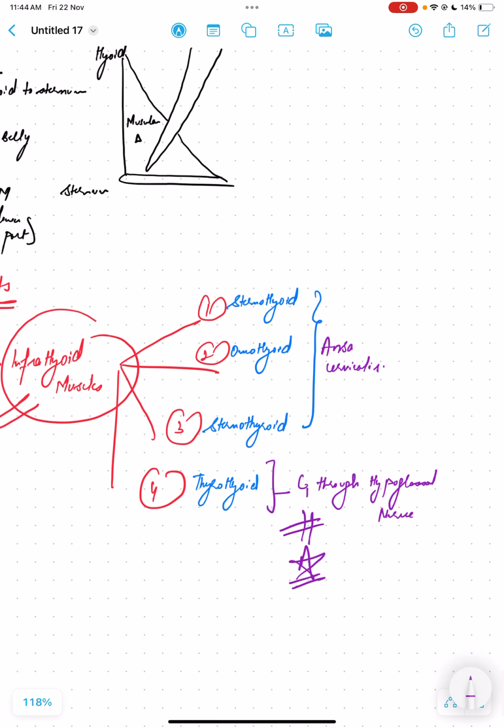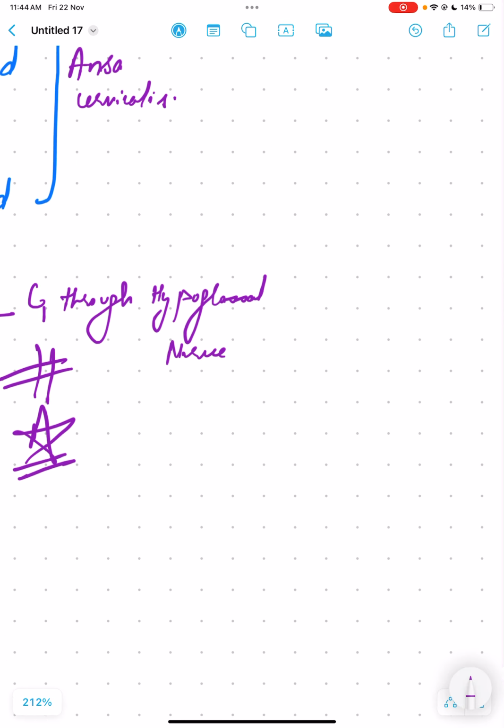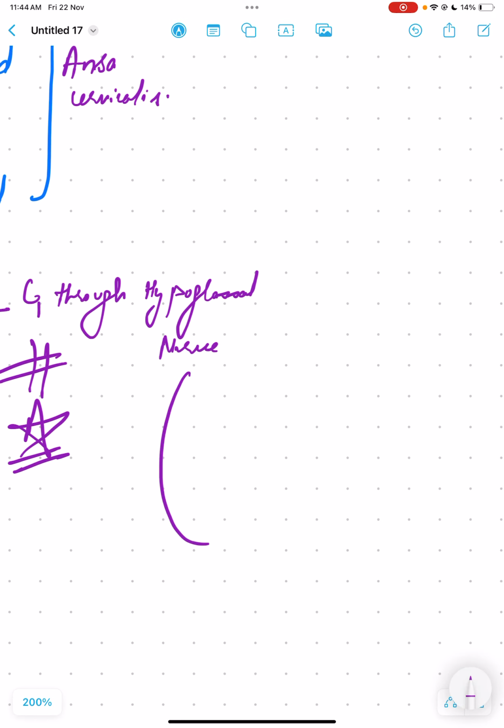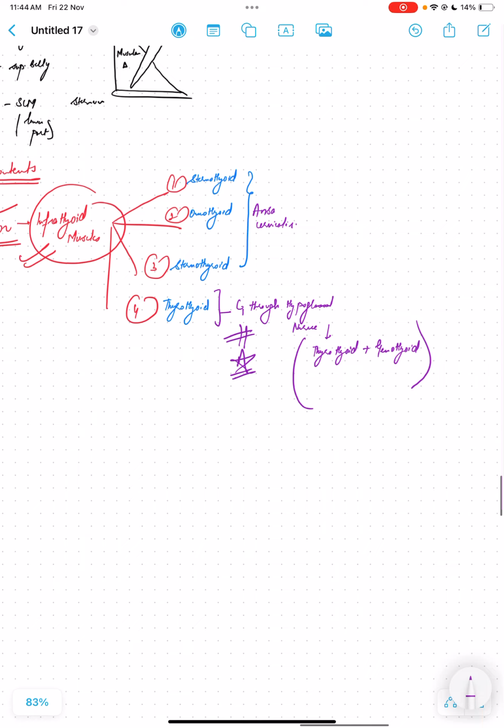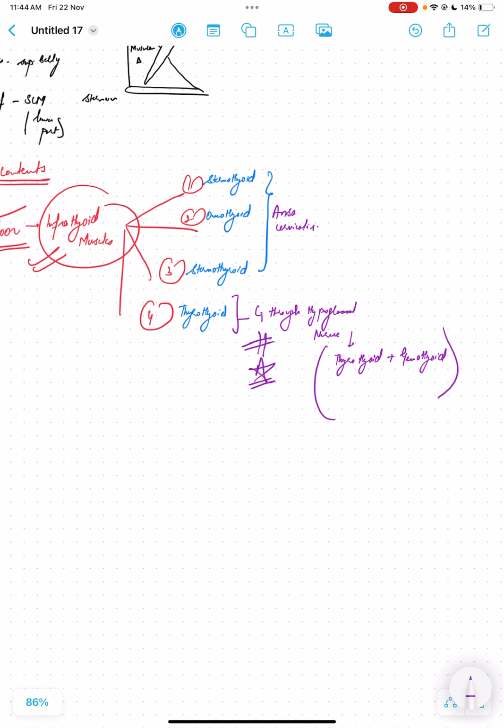But geniohyoid is not a part of the infrahyoid muscles. It is a part of the suprahyoid muscles. So I will write down here: C1 through the hypoglossal nerve supplies thyrohyoid along with geniohyoid. So what are the infrahyoid muscles? Basically, they are sternohyoid, sternothyroid, omohyoid, and thyrohyoid. Sternohyoid, sternothyroid, and omohyoid are supplied by ansa cervicalis, and thyrohyoid is supplied with the help of